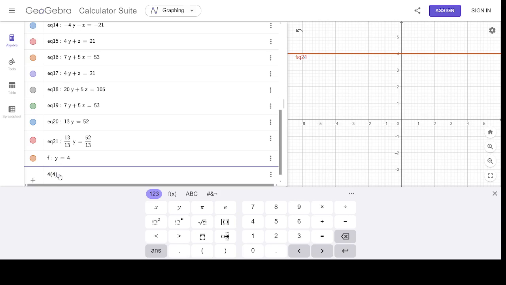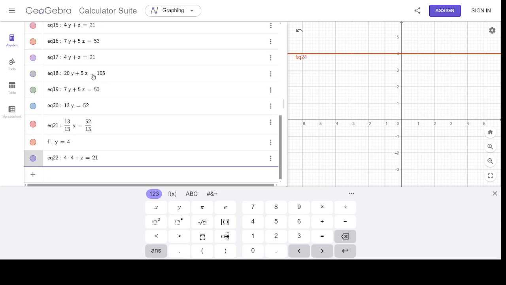Is equal to, now, before that, I would say 4 into 4 plus z is equal to 21. You see, I have substituted in this equation. So this one is going to be 4 times 4 plus z is equal to 21. 16